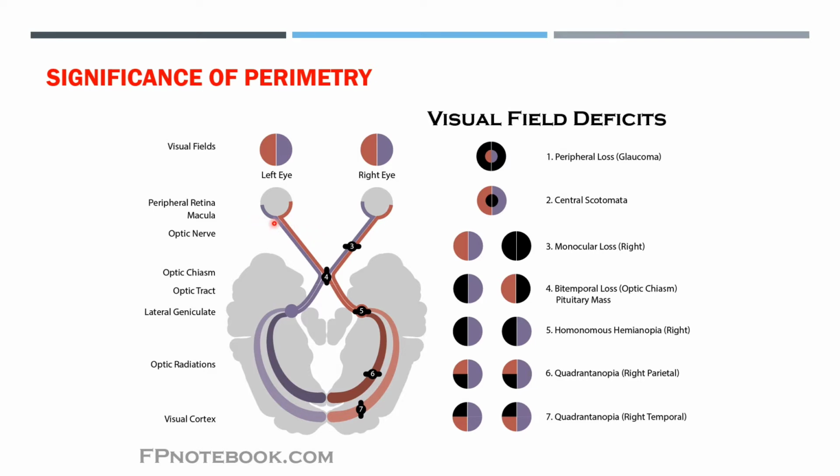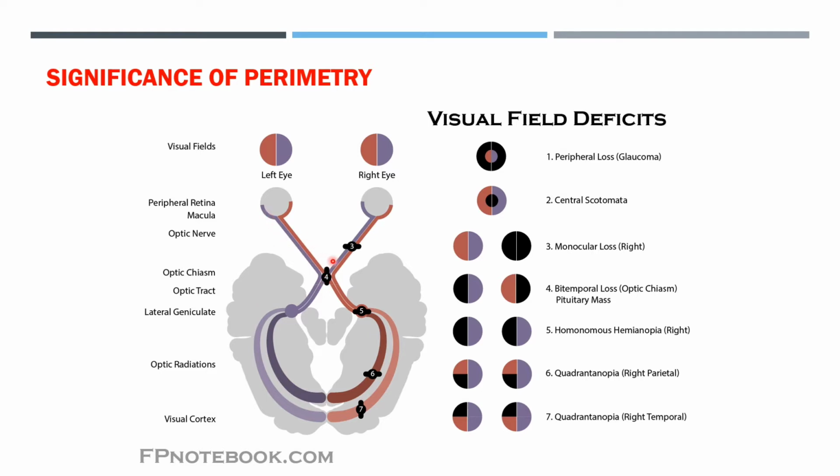The visual pathway usually starts from the peripheral retina. The nerve that emerges from the retina is the optic nerve. When the two optic nerves from both eyes merge together, this is known as the optic chiasm. From the optic chiasm, two nerves emerge, known as the optic tract. The optic tract goes into a neuronal cell body known as the lateral geniculate body on both sides. From the lateral geniculate body, the nerve fibers that arise are known as the optic radiation, and these optic radiations end on the visual cortex. So this is the visual pathway.